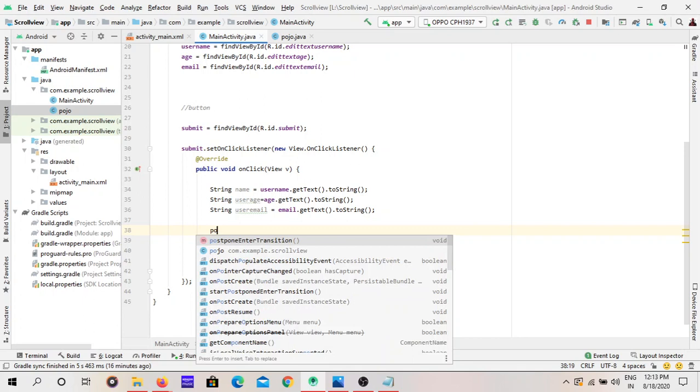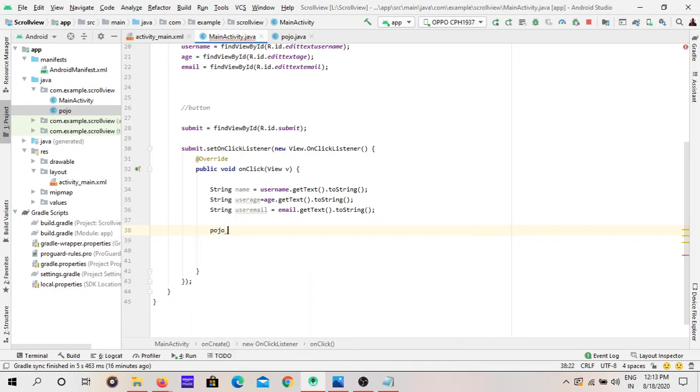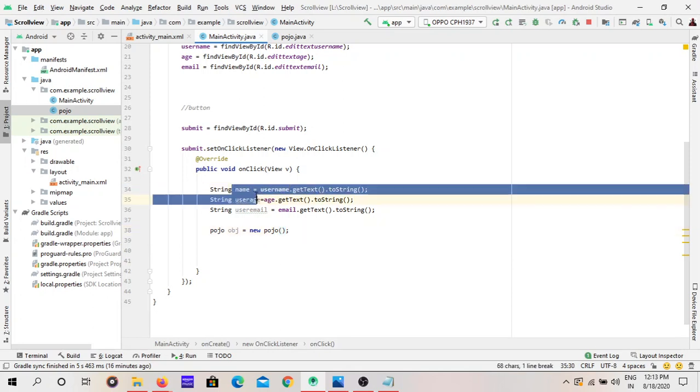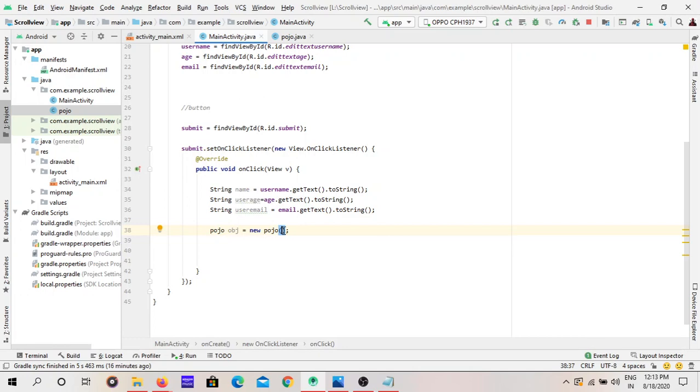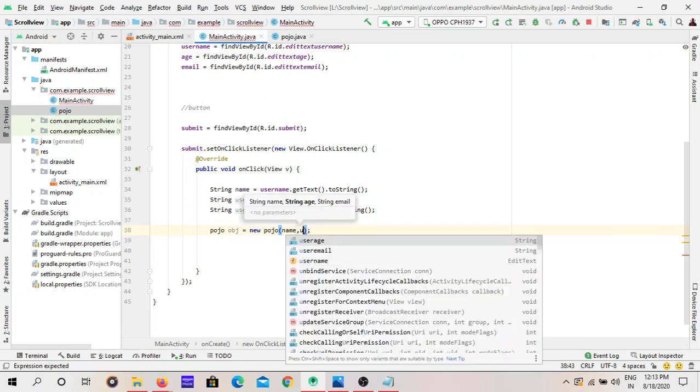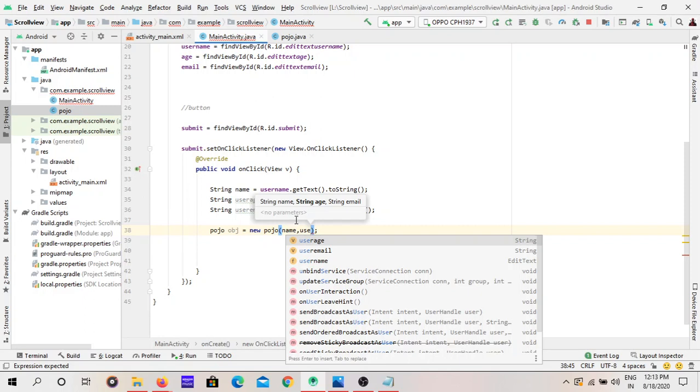How can we do that? POJO object equal to new POJO. And what do we have to give here, what are the parameters? These are the data we are getting from the user, so we have to pass this data. See, it is giving suggestions here.